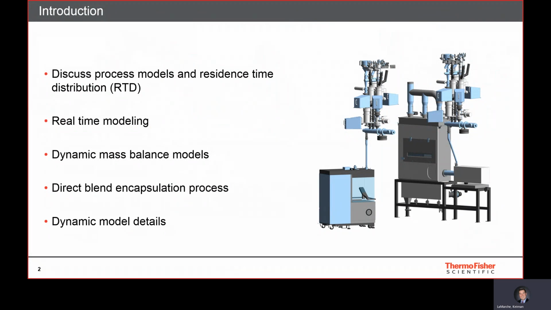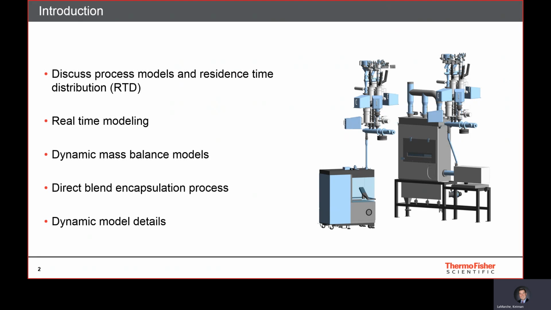So let's first introduce the topics for this talk. First, I'll discuss process models and how they're related to residence time distribution. We'd like to also discuss real-time modeling. The term real-time describes how a model is implemented. A real-time model takes in live data and outputs predictions in time. Dynamic models are like other mass balance models commonly used in continuous manufacturing. However, in dynamic models, steady state conditions are not assumed. We'll discuss both aspects of the models we're currently using in our system and take a look at some general